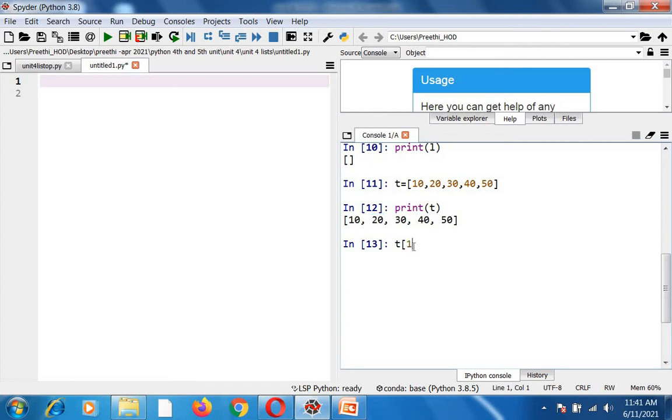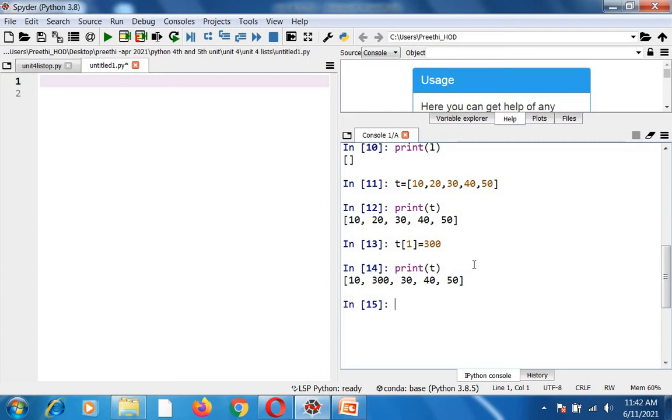So t of 1 will be equal to 200 or 300 if I give it. If I print this t now, it will become 10, 300, 30, 40 and 50. Is it okay, students? So this is how you can modify the elements inside your list.